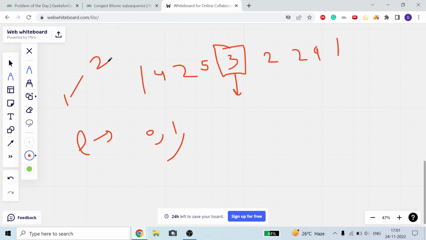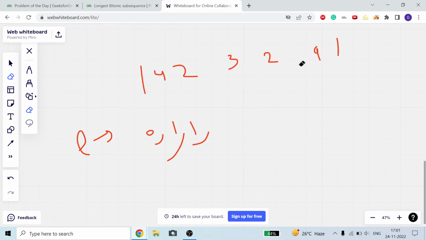So how many elements does it contain? Only one. So what we will do, L of 1, that is 0, plus 1, means all the elements contained in that bitonic sequence plus this one character. For this 2, suppose if this, okay, I will tell you in example 3, you will understand better. For 2 it is 1. Now for 5, okay, for 5, remove 5, take a minimum number of elements so that it will become easy for us.